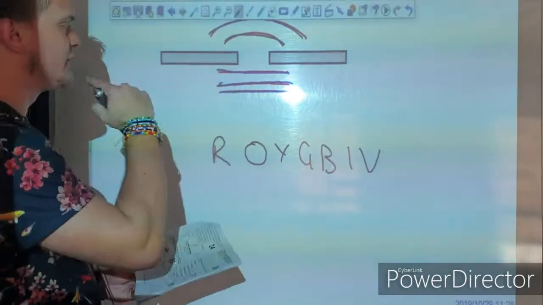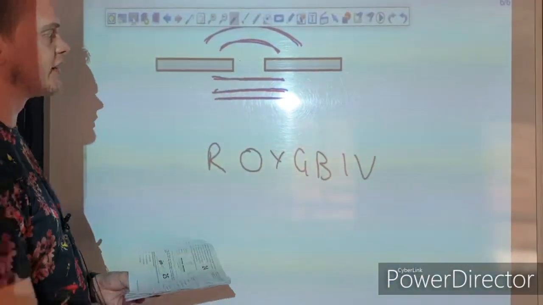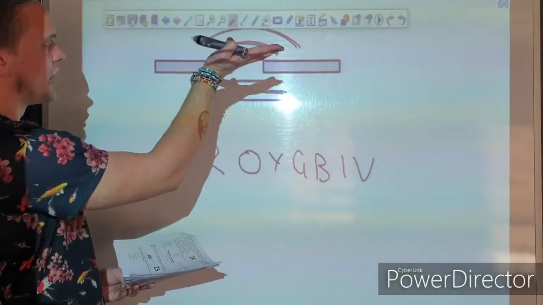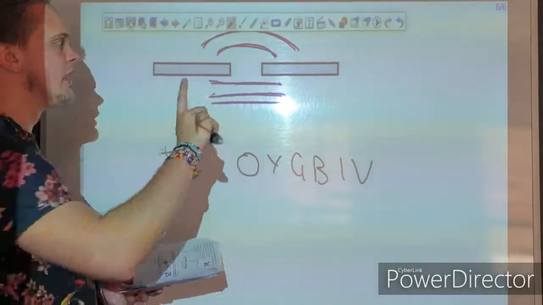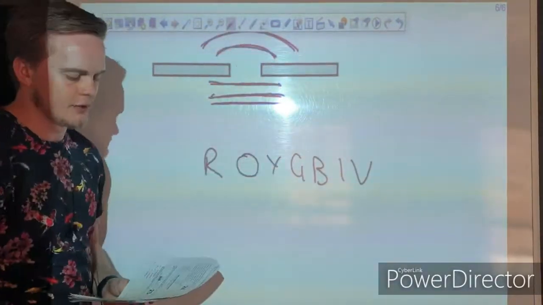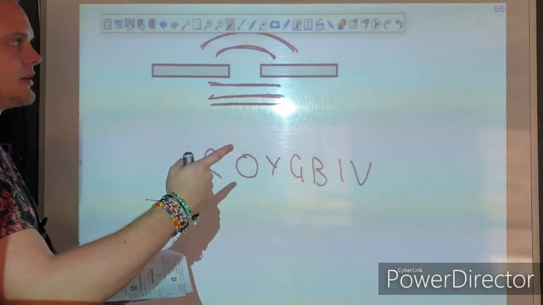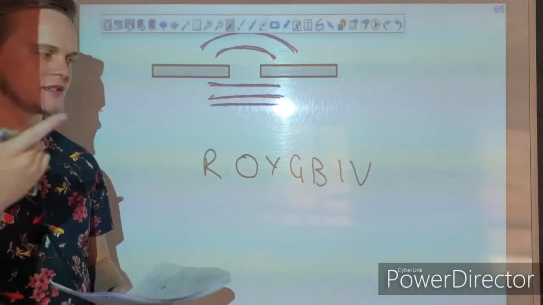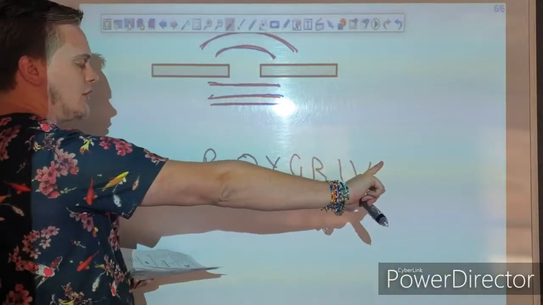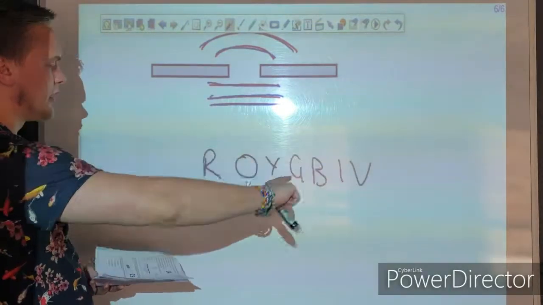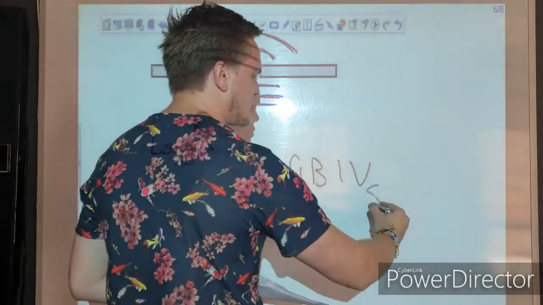So remember diffraction. They said blue light, and I drew this before I read it. So blue light travels, and then it hits a gap or a slit, and then we will get our diffraction pattern that we see there. The first thing that you need to know is your 7 colors. You should know that from red light to violet over here, we have long wavelengths decreasing to shorter